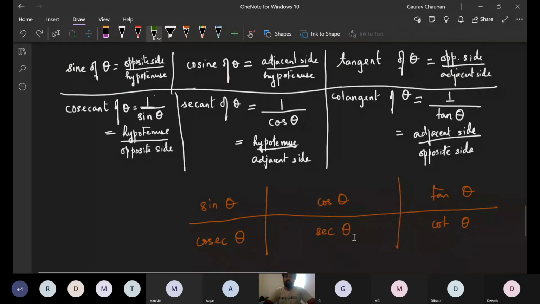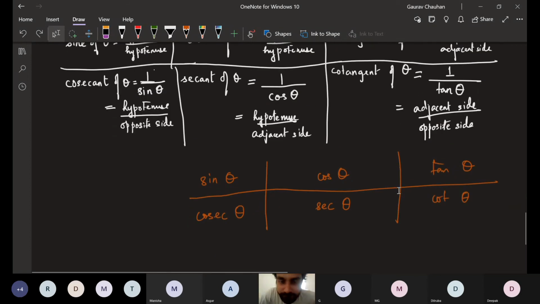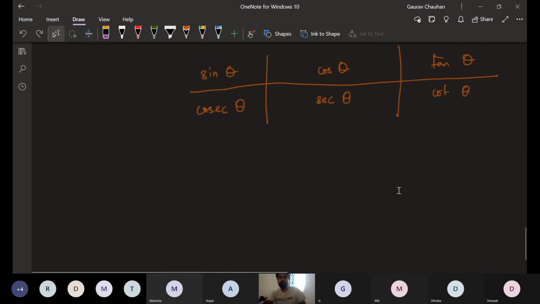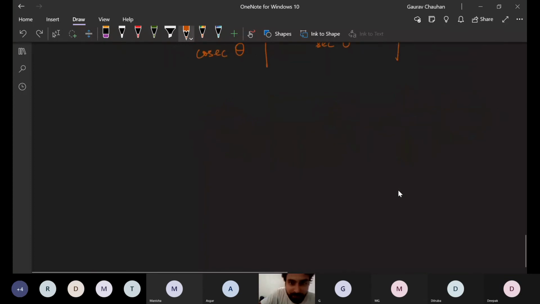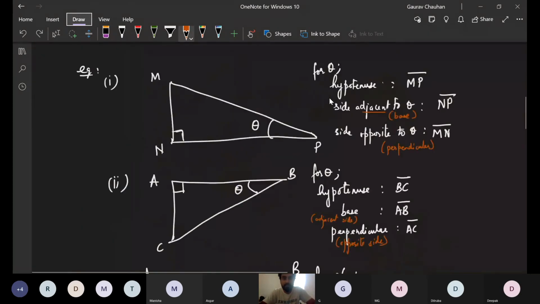Right now, before I give you time to copy, we'll come to all that in a bit. I'm going to tell you a simple way of remembering this stuff. This is called a mnemonic. Anyone knows what the meaning of a mnemonic is? Have you used it in any other subject? The word mnemonic.